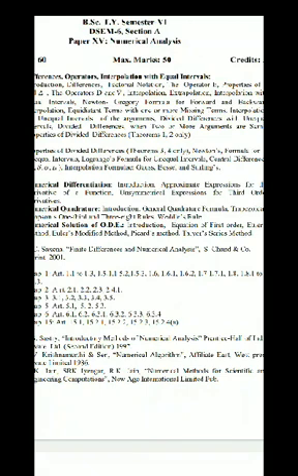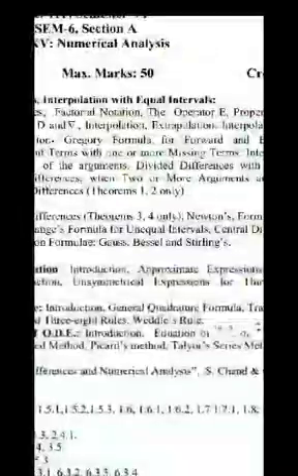As per our convenience, people use reverse del, or reverse delta, or just del. After that there is interpolation, extrapolation, interpolation with equal interval, Newton's formula for the forward and backward